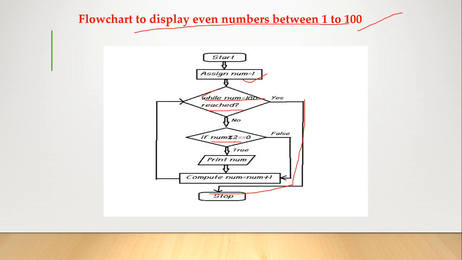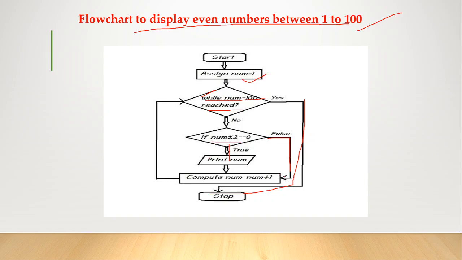This means we check whether the remainder of the number is 0 or not. If this is true, then print the number. This means that this number is an even number and we have to print it. If the number is not divisible by 2 and the remainder is not 0, then